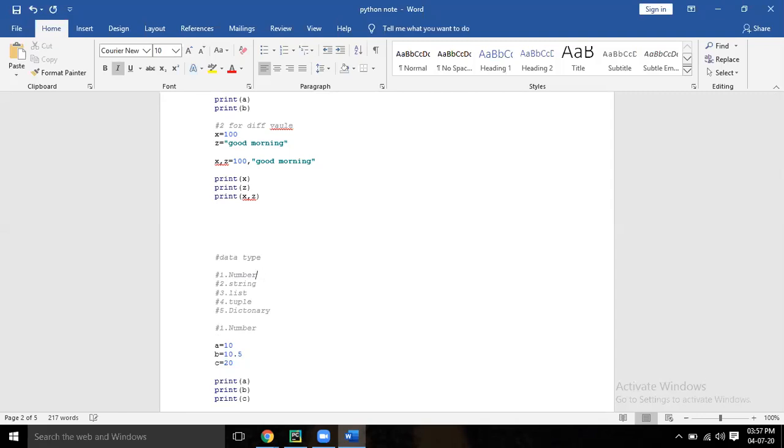For a string, we are not using anything, just single quote or double quote. List is square bracket. Tuple is normal bracket, or parenthesis. Dictionary is curly bracket.